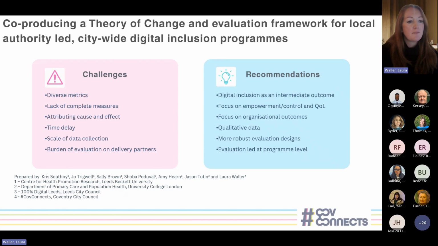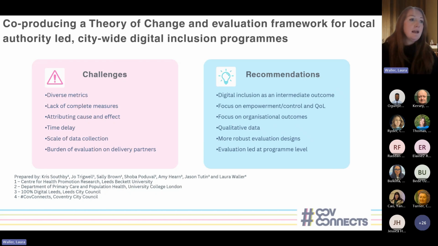And this was a point where we'd been working really closely with the 100% Digital Leeds programme, who at that point I think had been established for around 6 or 7 years and were very much seen as the leading local authority in this space. And then equally us, who had probably been live for about a year at this point and were following their model very, very closely. So the two cities worked together around looking at some of the similarities and some of the challenges